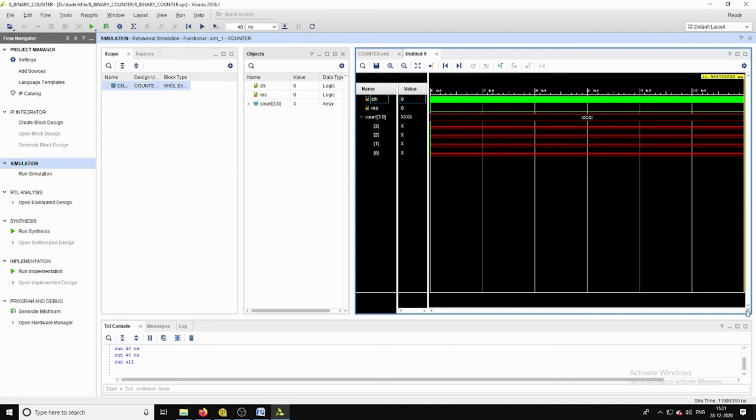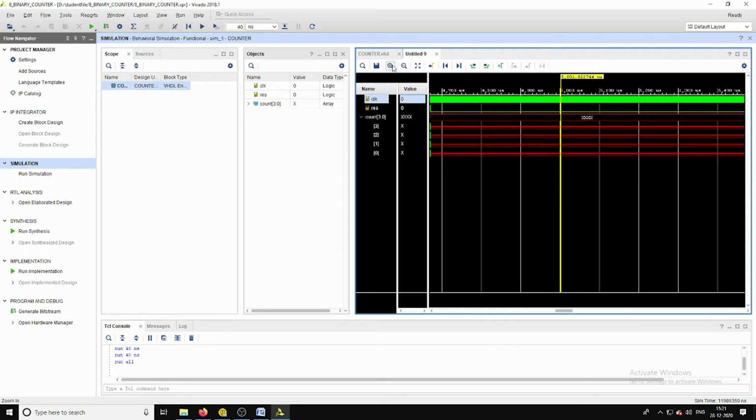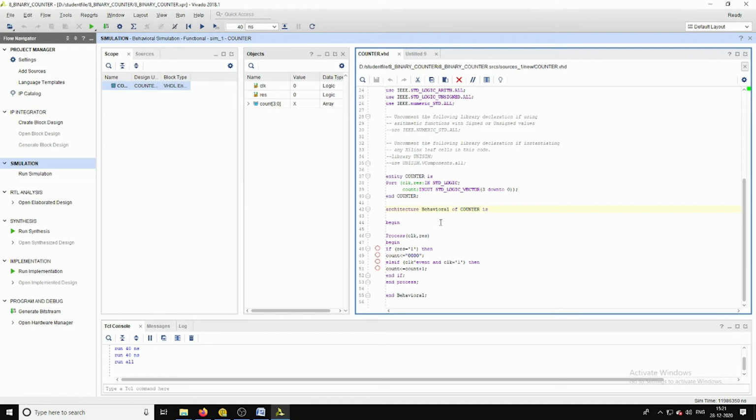See, whenever the reset is 0, with respect to the clock the count should increase. See here, initially I am assigning the value, as it is a vector of size 4 bits, I am assigning the initial value as 4 zeros.